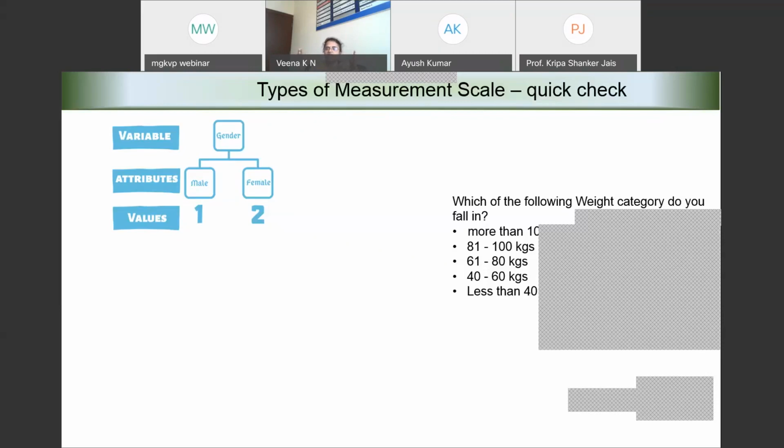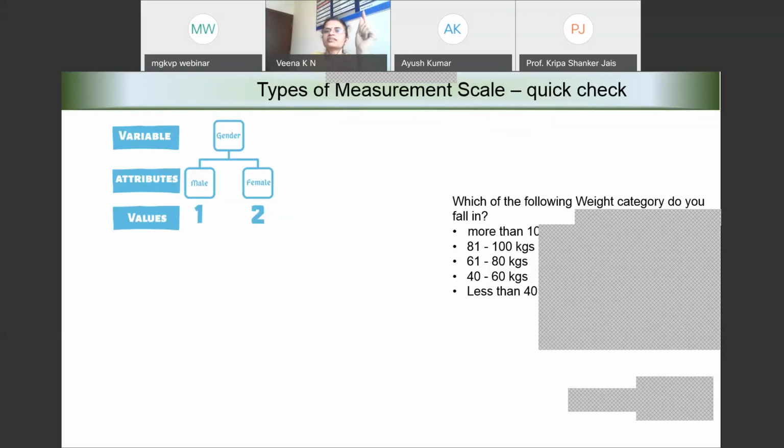It is not an interval scale here that we are using, though it looks like an interval scale. We are actually using a ratio scale. This is a ratio scale example where the answers are classified into some intervals. But the weight is a continuous variable and the variable is asked in a ratio scale manner.